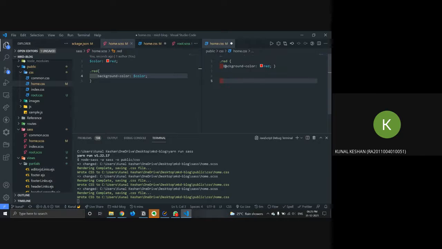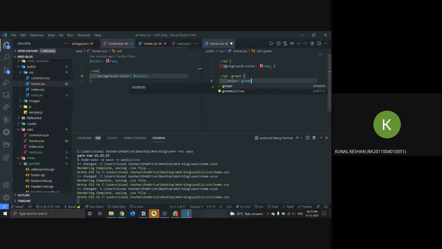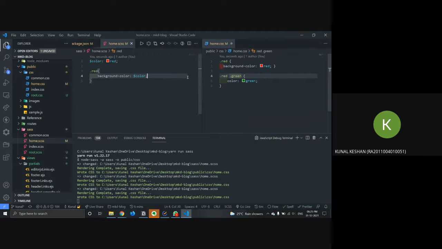Sometimes there might be a case where you have a child, right? A child, and then you have another class, say green, where you want the text to be green. Whatever text is inside the red color box, the element with the class red, you want that text to be green. So you just do color green, something like this, right? So instead of using a child selector like this, I'll remove this.